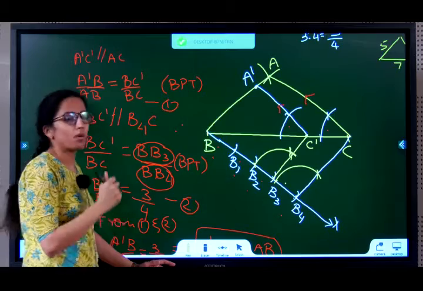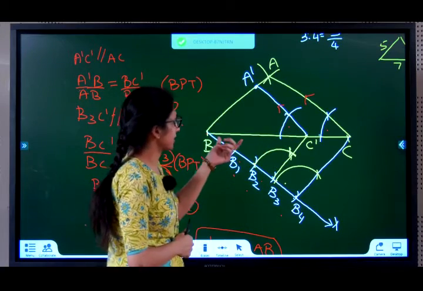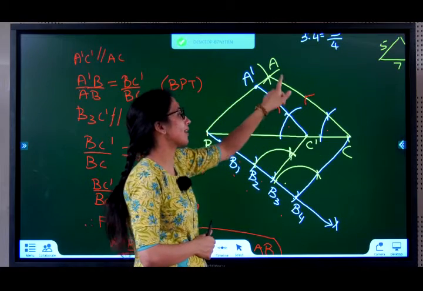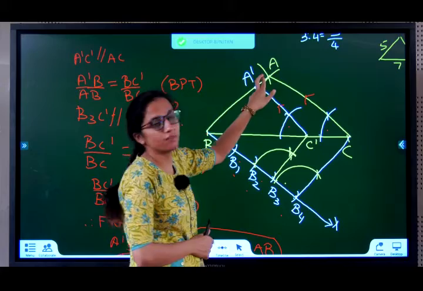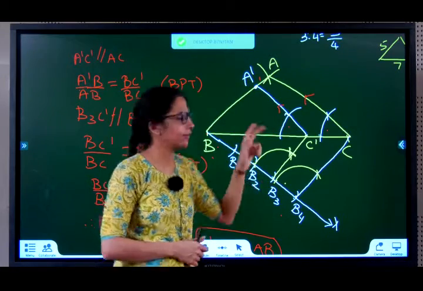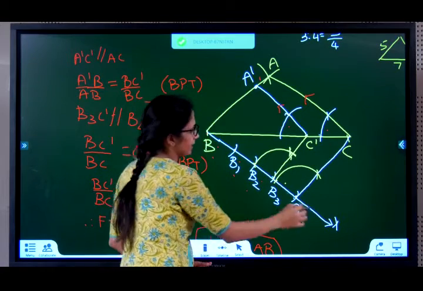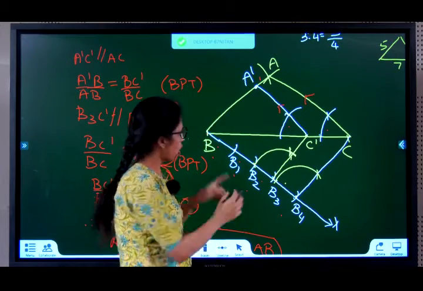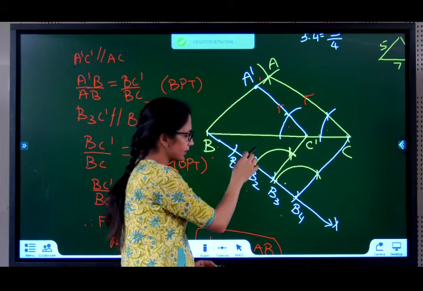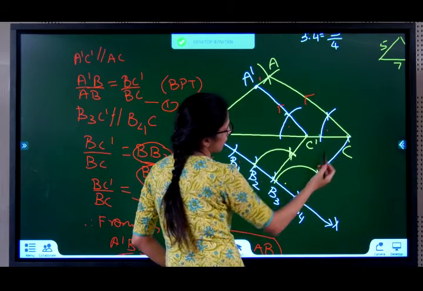We know how to construct. What will be the steps of construction? Take a line segment BC measuring 7 centimeters. From B, cut an arc of 5 centimeters. From C, cut an arc of 6 centimeters. Let the point of intersection of the two arcs be A. ABC is a given triangle. Next, keeping BC at the base, construct an acute angle CBX. On ray BX, construct arc lengths of 1 centimeter each. Construct 4 arcs. Join B4 to C.